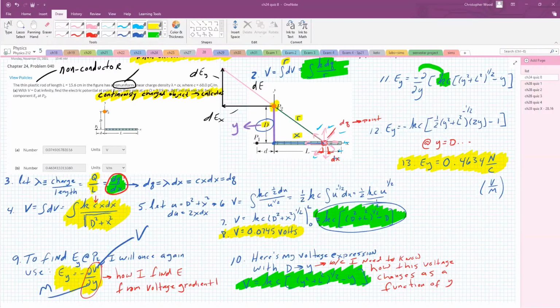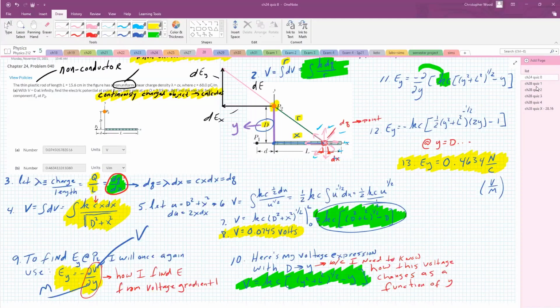Some, but not all of you are done with chapter 24, quiz 8. Our first chapter 28 problem